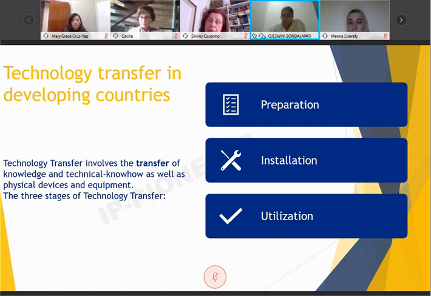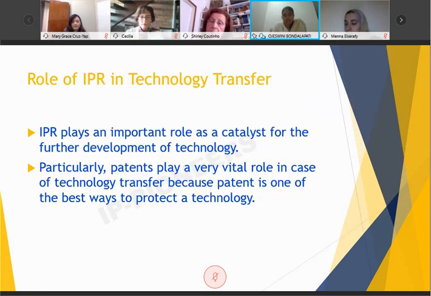way to transform your research work into a commercialized product or process. If you need some external people or third parties who can help you in bringing that research work into a product, how we are going to do the licensing work and everything. And the last stage is the utilization, like the agreements between you and the parties, the process after the agreements, and the royalties which you gain from the licensing, all of which depend upon the technology transfer.